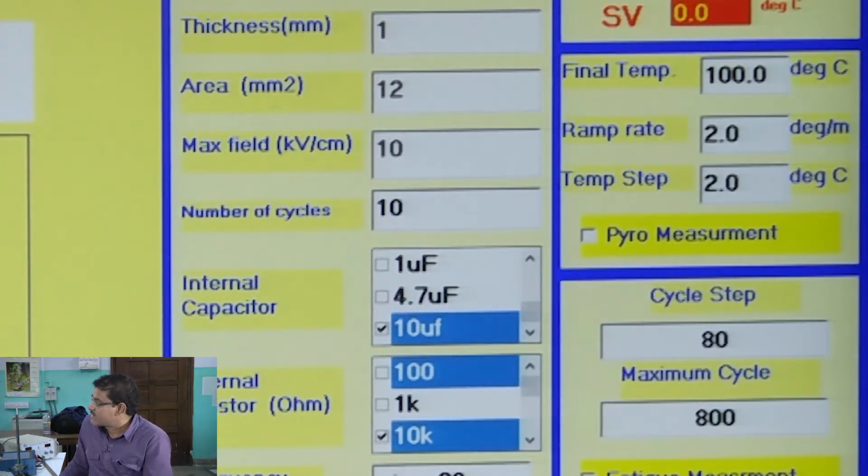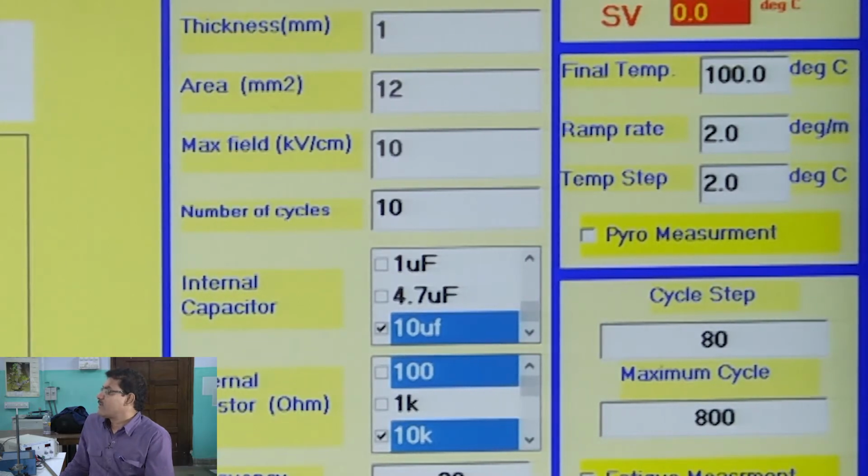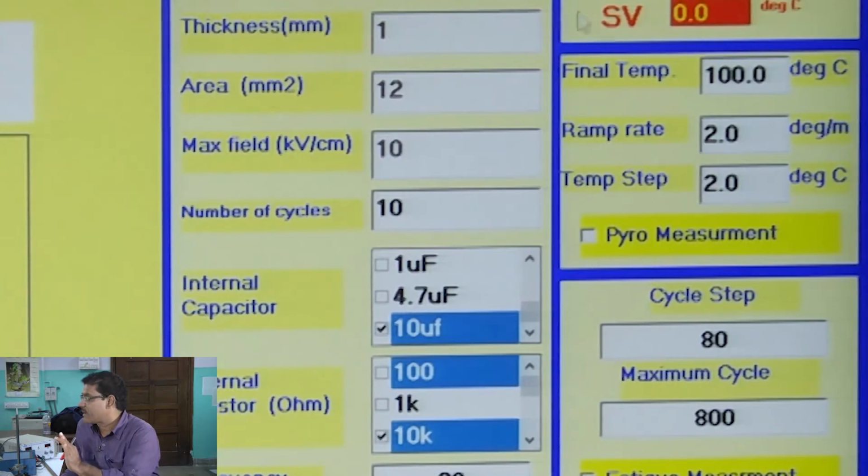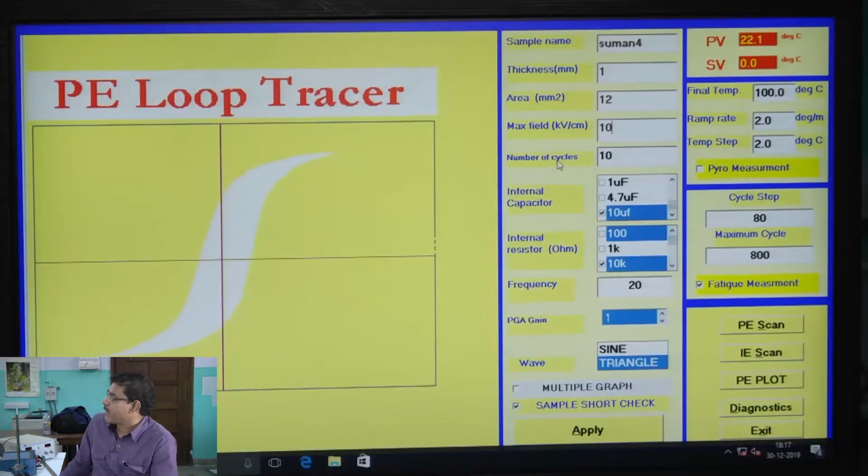So, all this information we are putting. One has to know about the things in the program for detailed use of this instrument, but we do not need that much at present.